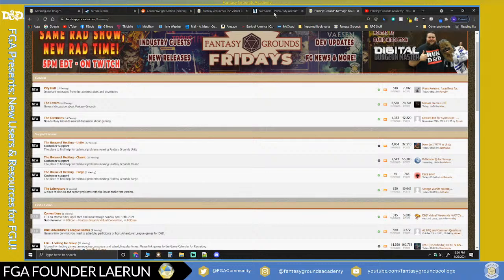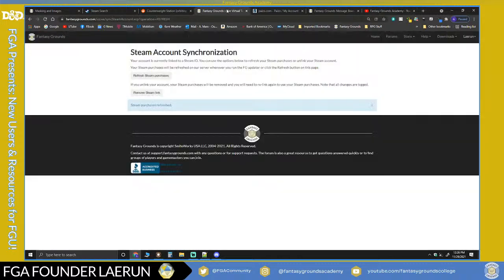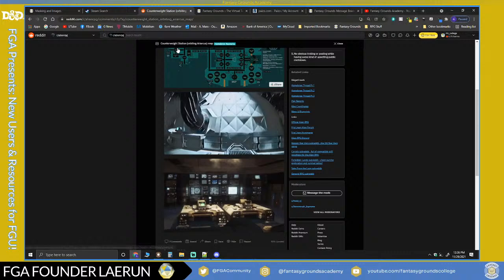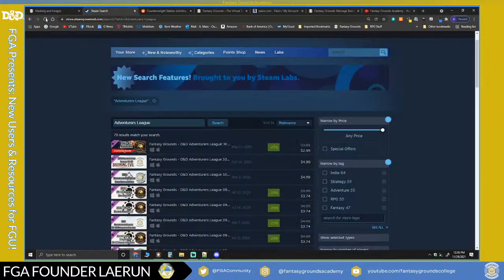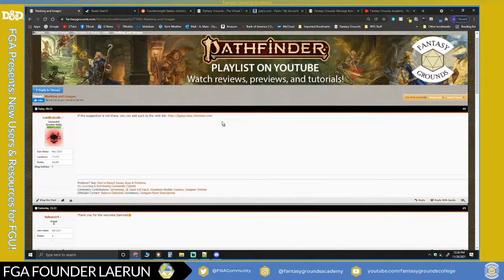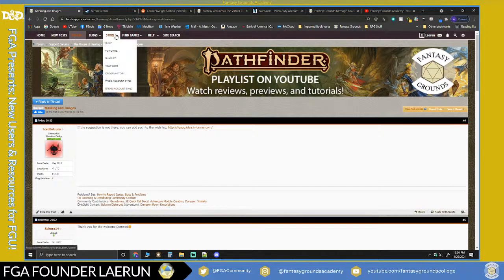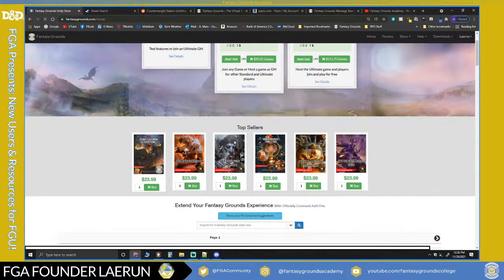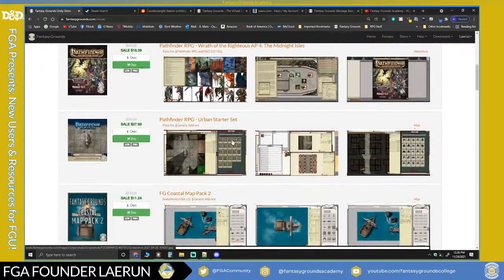And then if you're going to buy adventure paths or adventures, and you already have the PDFs or the D&D Beyond stuff, you can enter that into Fantasy Grounds as you go. You don't have to do it all at once. You can just enter it in pieces if you want. And as you get more familiar with the interface, you're going to have that familiarity of how to do that. So that's something that comes with time. You're not going to learn that in 5 seconds, but definitely I would just pick up the core book.